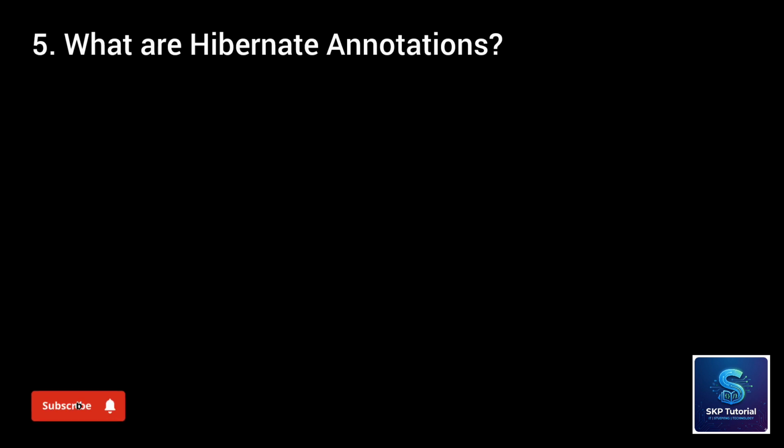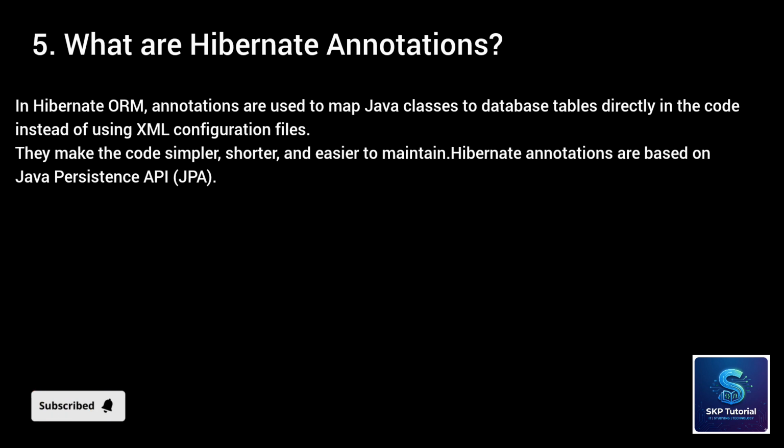Question 5. What are Hibernate annotations? In Hibernate ORM, annotations are used to map Java classes to database tables directly in the code instead of using XML configuration files. They make the code simpler, shorter, and easier to maintain. Hibernate annotations are based on the Java Persistence API, JPA. Common Hibernate annotations are: